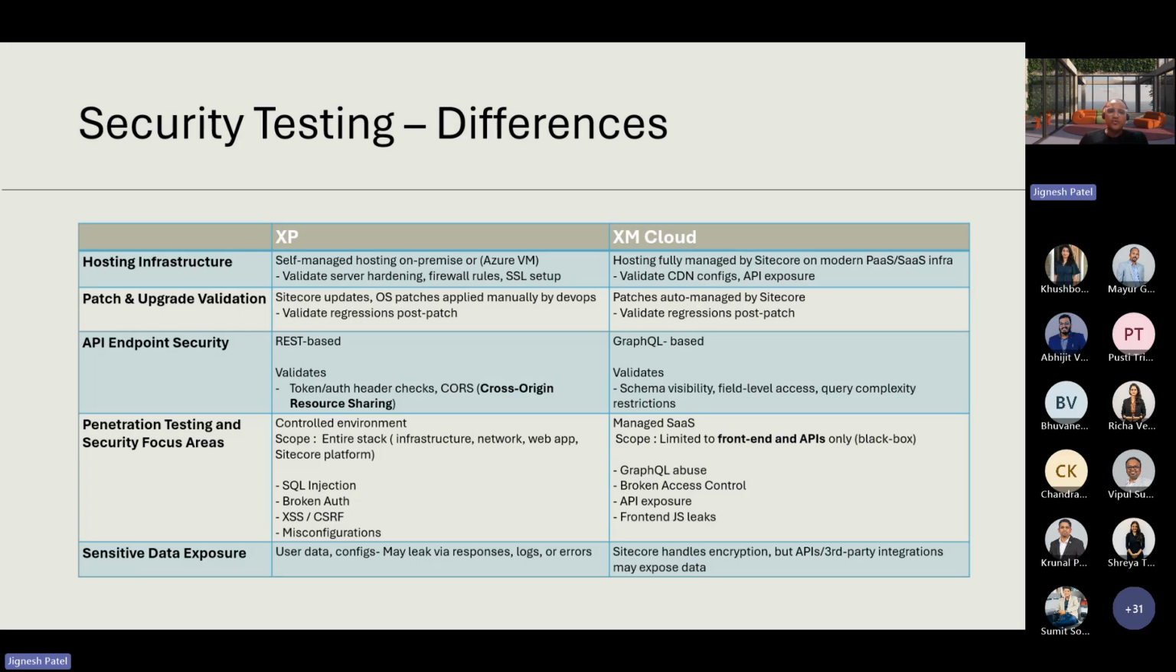Fourth point, I think you all have heard about penetration testing and the security focus area. In case of XP, it is a controlled environment, controlled within your organization level or ecosystem. So the scope is your entire application. Affected areas are infrastructure, network, web application, even the entire site code platform. The focus areas in case of XP are SQL injections, broken authentication, XSS, CSRF,